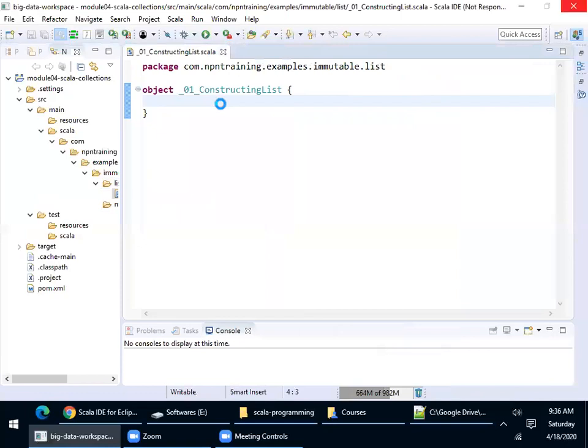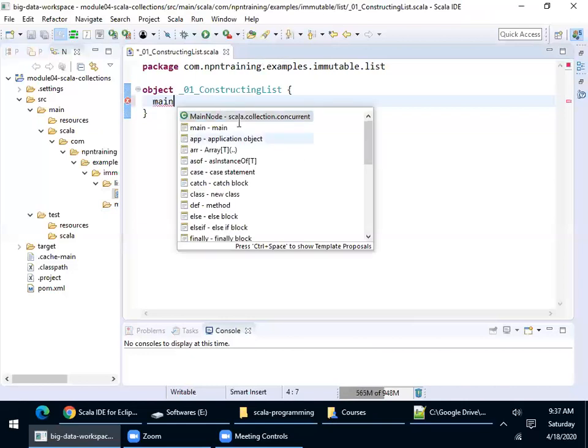So it is taking some time, let it load. Okay, control space. Okay, you have to select main method.